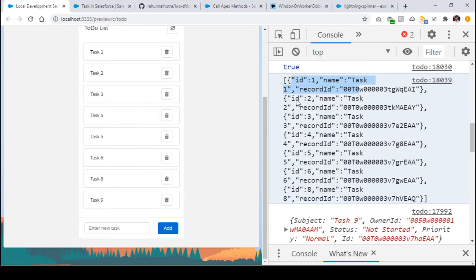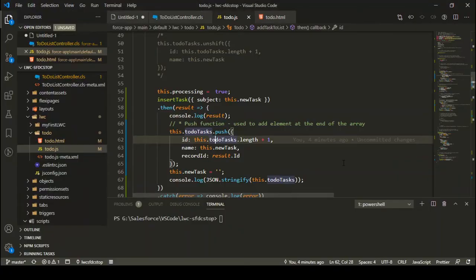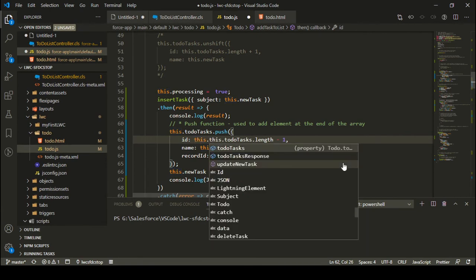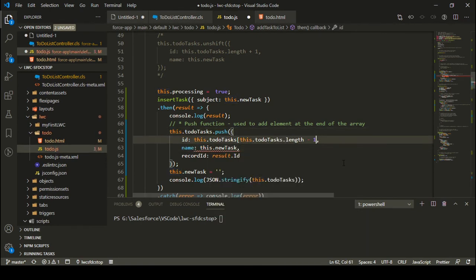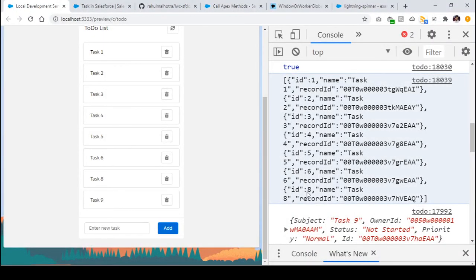So this is the 0th index, this is the first index, the second, the third, the fourth, the fifth, and this is the sixth index element. I want to find the ID of the task present at index number 6, which is nothing but task.length -1. So first of all, I want to do this.todoTask.length -1 and find the ID of the task. I want to find the task present at this particular index, which is nothing but length -1. This is the last task, present at index 6.